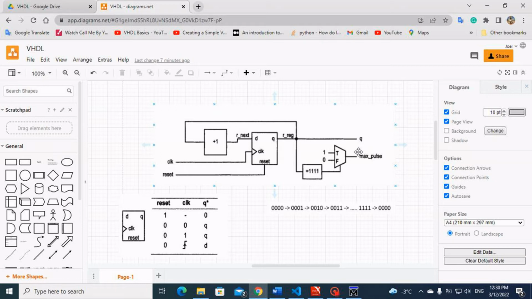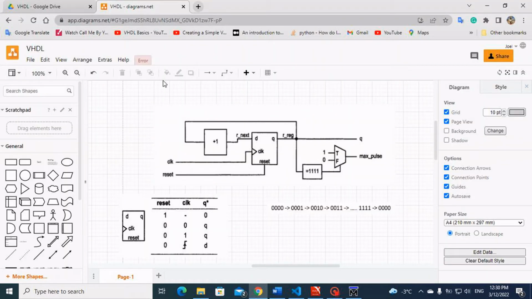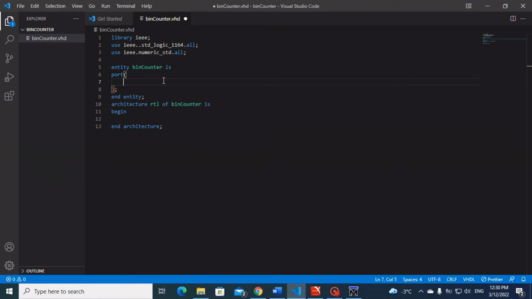So we're just going to describe those in the port. So we say that we have a clock and reset as the inputs. So clock is an input, it's an std_logic,